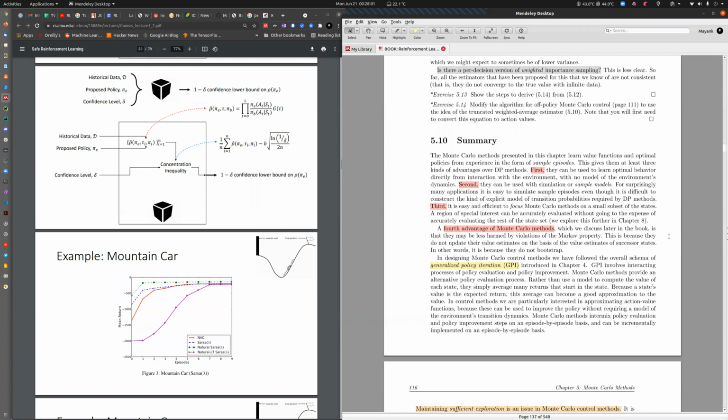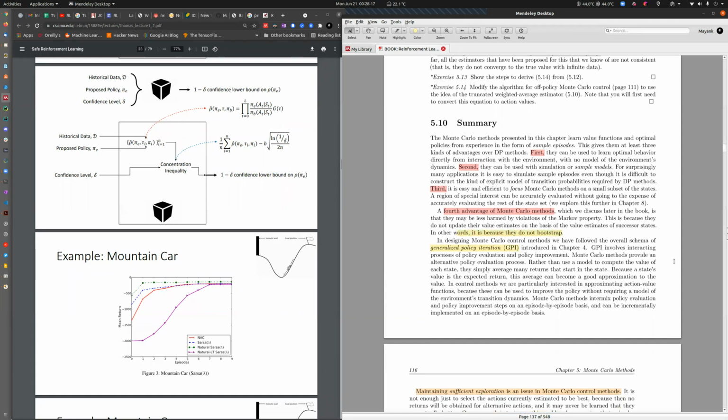So yeah, because they do not update their value estimates based on the successor states. They do not bootstrap. So this might be a problem in online settings,